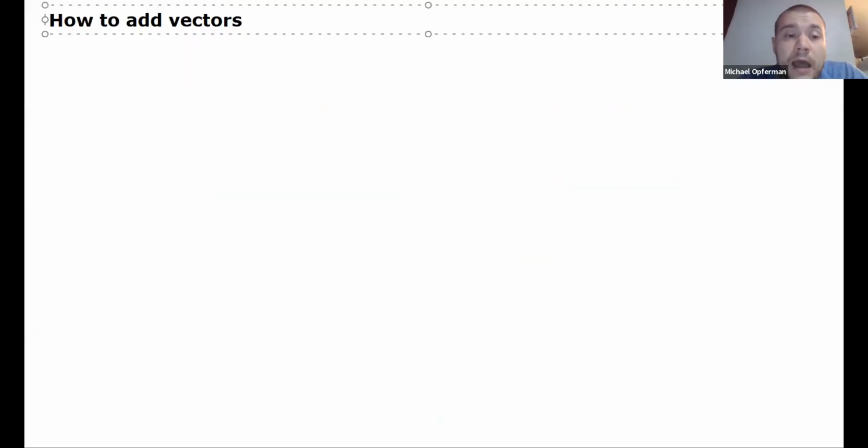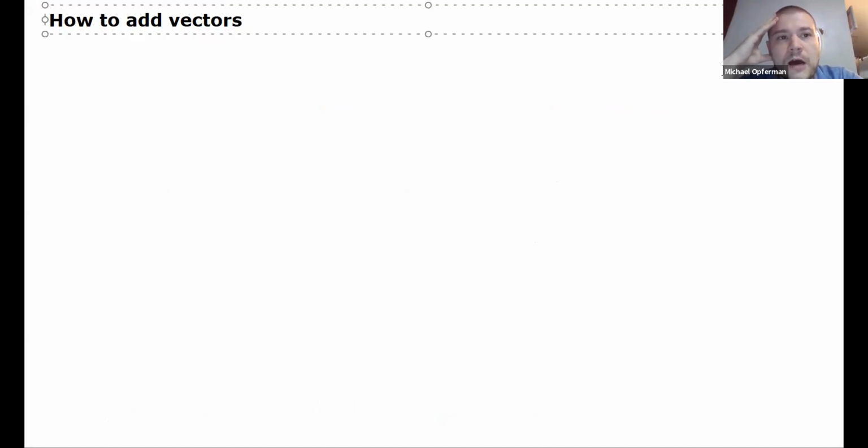So next up, now that you know what vectors are, the next thing we need to be able to do with them is how to add them to each other, how to add two vectors together. And this sounds simple, but it's actually not so simple. And is going to be something that we'll be doing a lot in problems all throughout the semester. So it's something that you really need to get accustomed to thinking about to really wrap your head around this